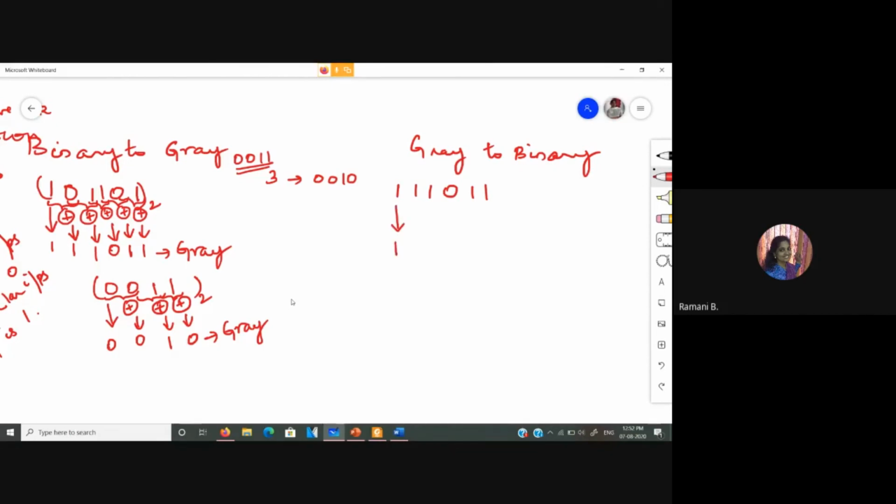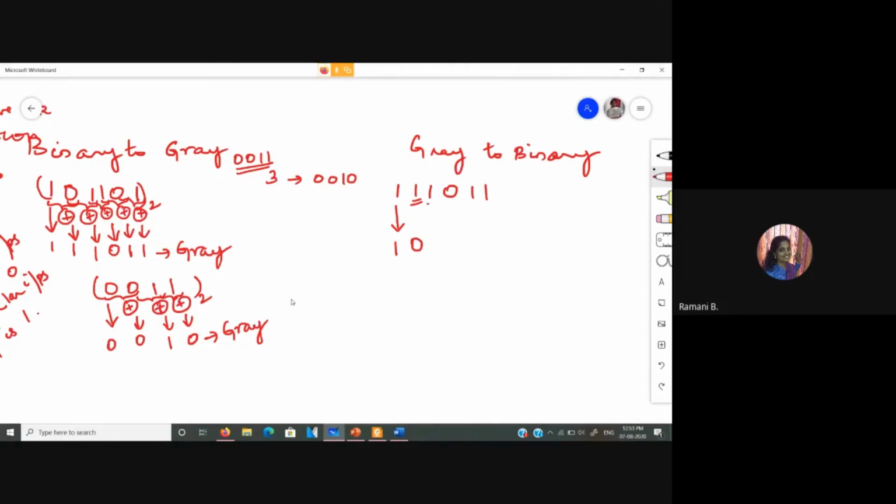Then what was mentioned is, if the gray bit is 0, you need to repeat the binary bit as it is, or otherwise you have to invert it. So here the gray bit is actually 1. So what we do is we invert this and make it 0.